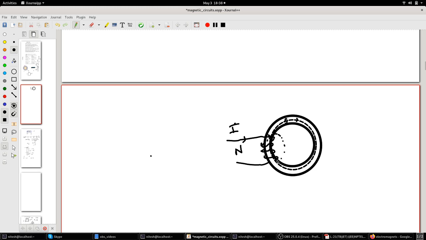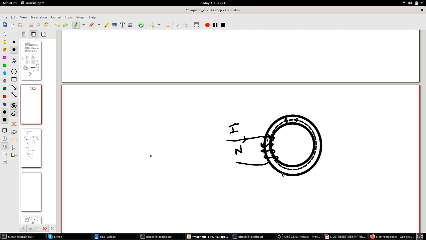We are actually neglecting the flux lines which are generated in the air. Of course, this magnetic field is not only going to be restricted to the core. There will be magnetic field lines going out in this medium and forming a loop here, something like that. But we will be neglecting that part. We'll assume that it's a very fringe effect, so the lines are guided along this core.